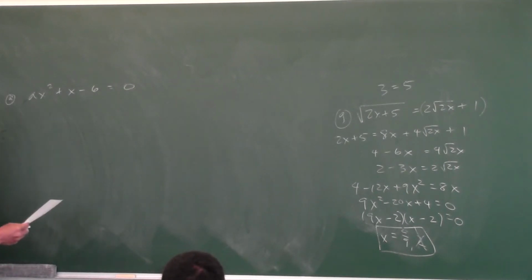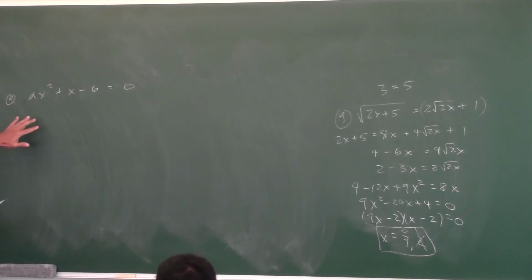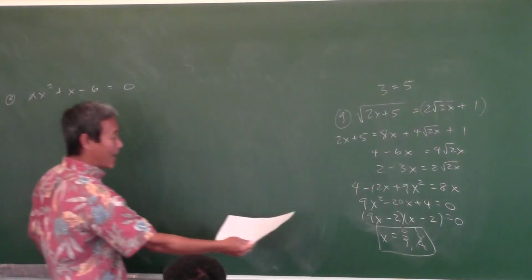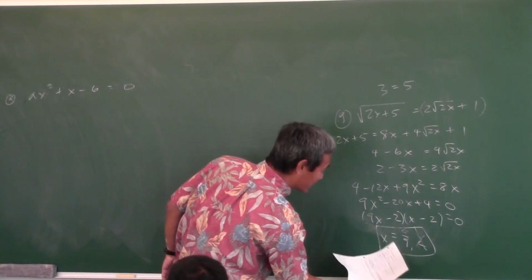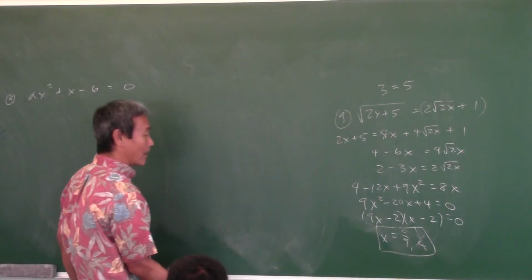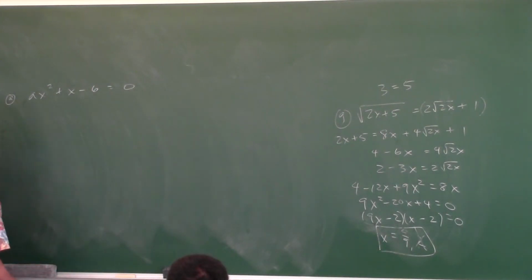Okay, it says, find the 5 smallest values of a, because a is a positive integer, so that this thing can be factored. Now, how do you determine if something is factorable? If something is factorable, that means what kind of roots does it have? Like here, see, it's factorable. What kind of roots did it have? Rhymes with national. Rational. And how do you determine if a quadratic equation has rational roots? We talked about this yesterday. The discriminant must be